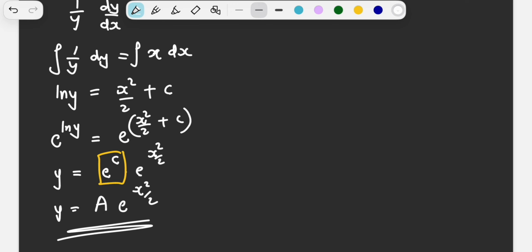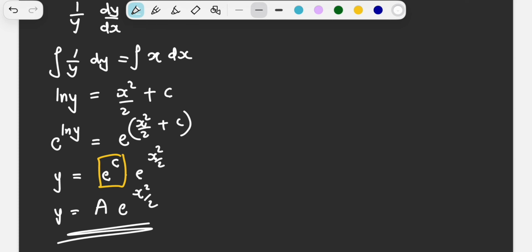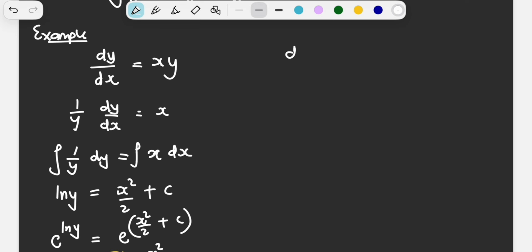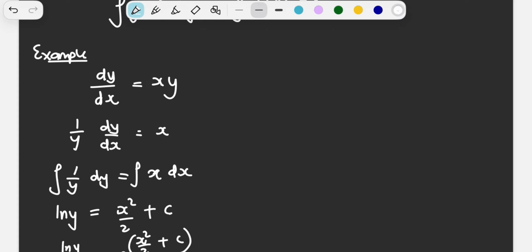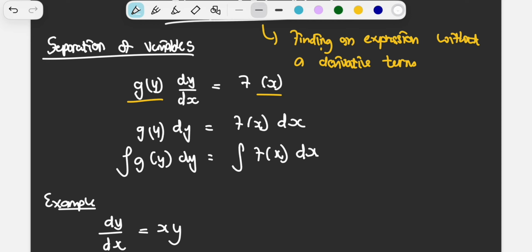Sometimes it's very complicated and you don't necessarily have to find the expression for y explicitly, but the whole point of separation of variables is to separate your variables and try to find an expression for y. So it doesn't matter how complicated it is, right? I can give you an equation that says dy/dx maybe y squared is equal to, I don't know, y cubed x or something like that. What you just need to do is separate and make sure that y is on one side. The whole goal is to separate and put functions containing y on one side and functions containing x on the other side. So this is one of the most straightforward ways in which you can solve